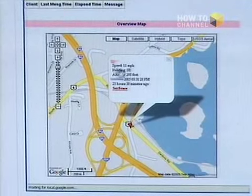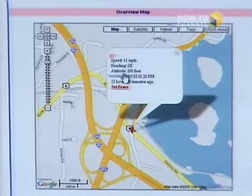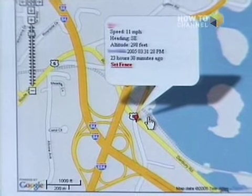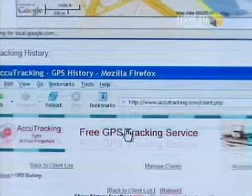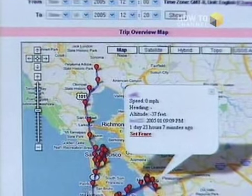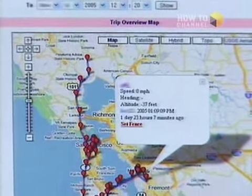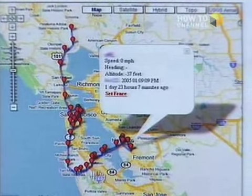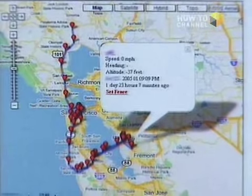I mean, look at this. This is so cool. It says speed 11 miles an hour, heading southeast, altitude 298 feet. This is where the person is. On the web you can track this person, and you can even track where they've been. I think one of the reasons you see these things in the iDen phones is because they're carried by delivery guys and others frequently for the walkie-talkie features. And if you had a delivery truck, you'd sure like to know where it is right now. And a lot of companies